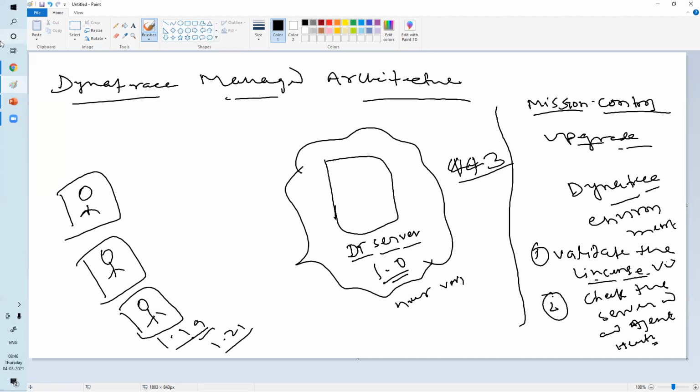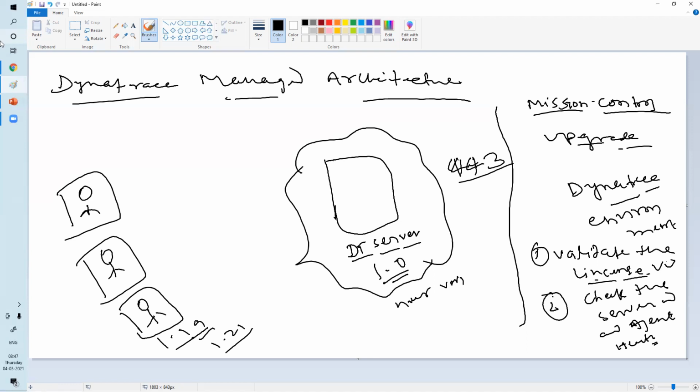Whenever you create a Dynatrace SaaS trial on the portal, once you give all the information, it shows that it is creating your account, and it takes just 1 or 2 minutes. Automatically one VM is spun up and they install all those things for a 14-day trial. If you want to convert to a license, they can extend it. Otherwise, it will automatically shut down the server, and you are not able to connect to the VM. Whenever you log in, you see that your license is expired. So they have done all of that automatically.